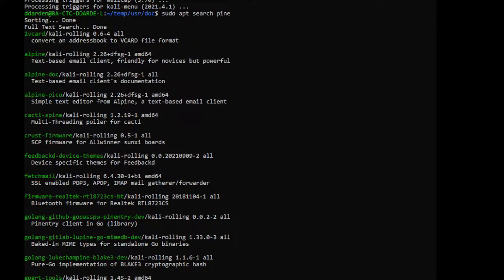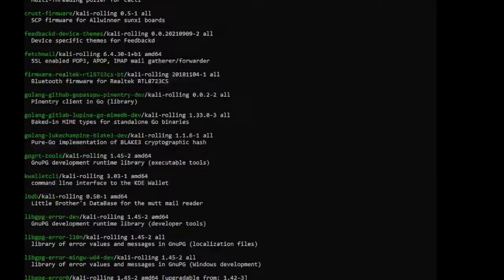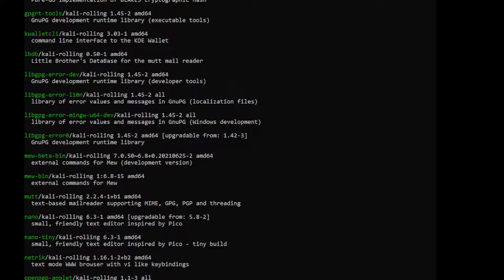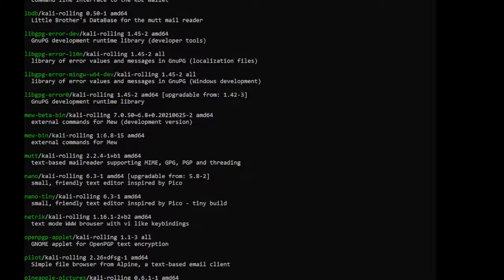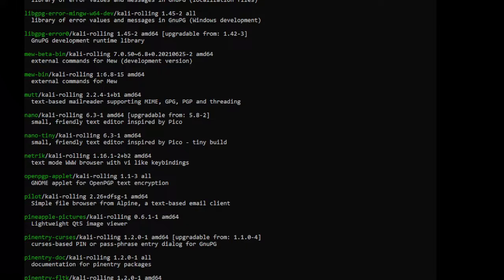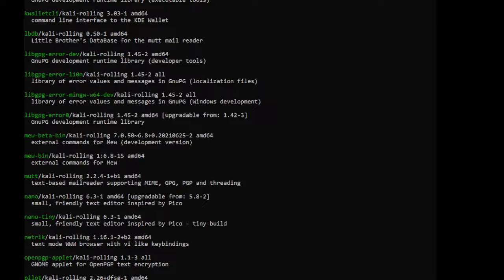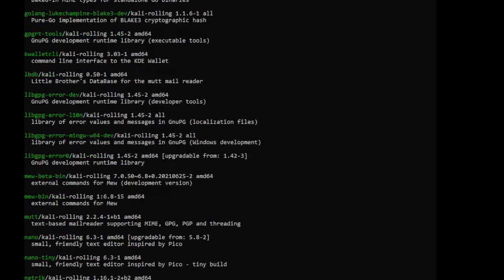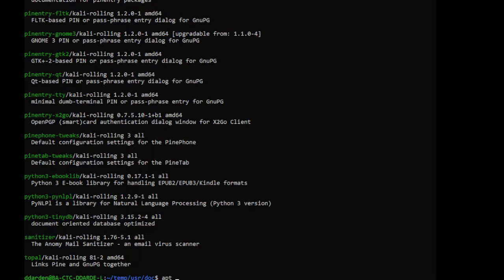Notice that this Alpine is a text-based email client, right? So that's basically what this Pine is. It is an email reader. Notice that it also finds a reader called Mutt. That's an email reader. Right. So if I were to want to find out more about one of these packages, I'm just going to pick Mutt. Okay. So I can do apt info mutt,